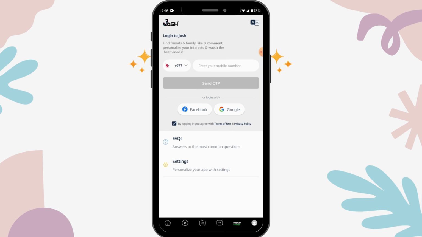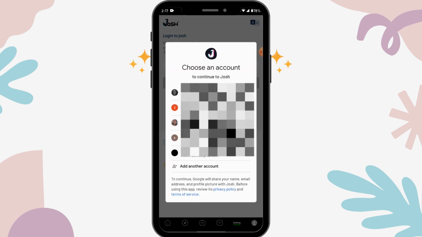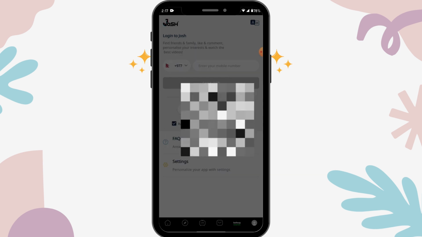So if you want to enter a mobile number, then you can simply tap on enter your mobile number and enter that, and after that you can simply tap on send OTP. But if you don't want to enter your mobile number, then you can tap on Google. You can also continue with Google, and from here choose your account,